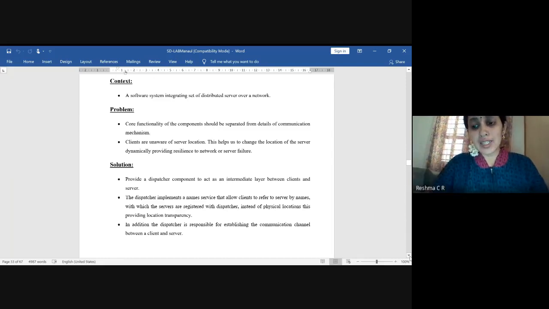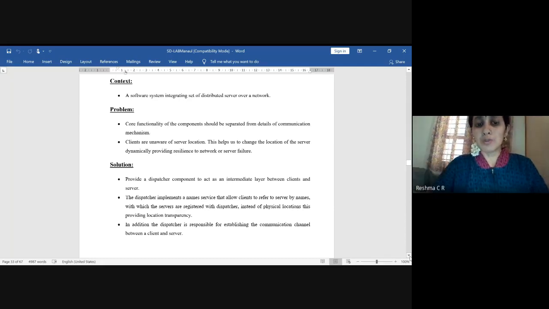To get the service from a server, we need to know where the server is located, but the client will not know where the server is located. So we need to identify how to locate the server, how to get the service from the server, and what functional components are available for communication.